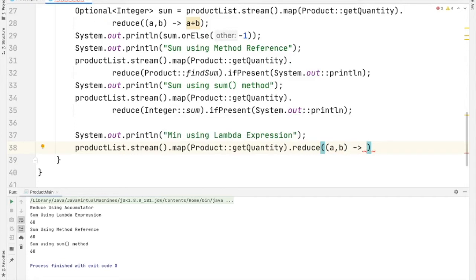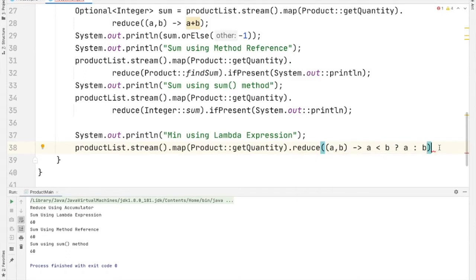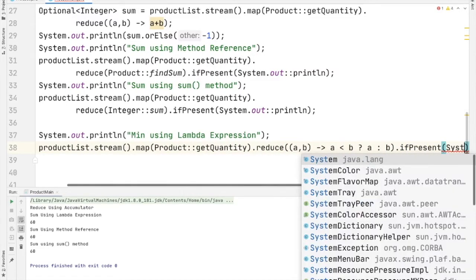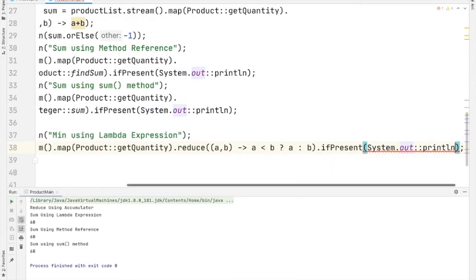Now we are using ternary operator for finding the minimum value. If a is less than b, then a is minimum, otherwise b is minimum. If the result is there, then we will print it. println.